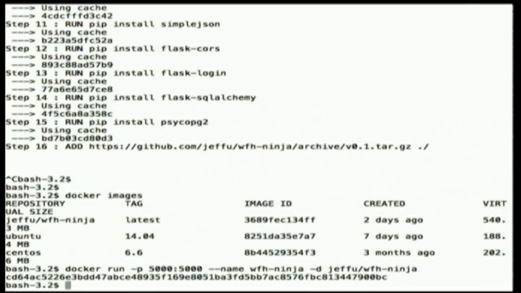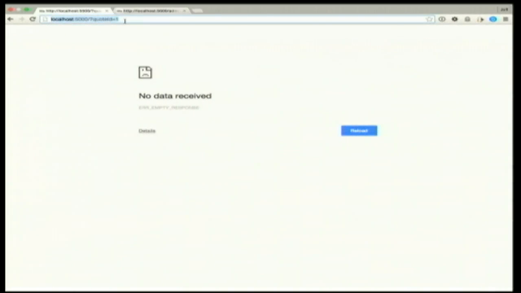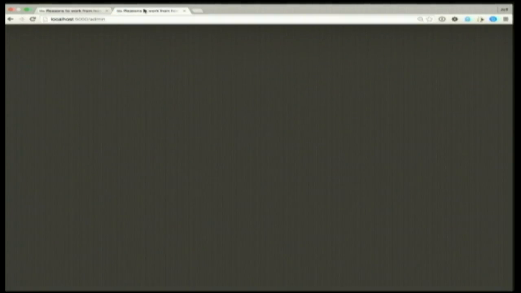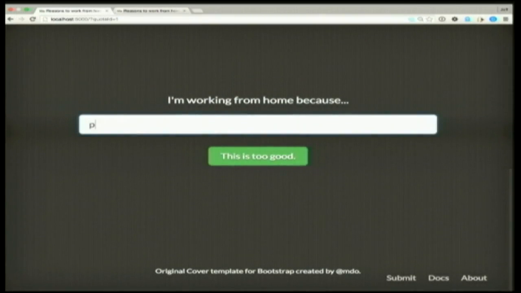What that's going to do is say that it's running. So there it is. And if I'm lucky, I should be able to run it. So this is straight from the Dockerfile, the container that got created for it, running the entire application without any other configuration for it. If you didn't have a chance to see this on Hacker News, people can just submit